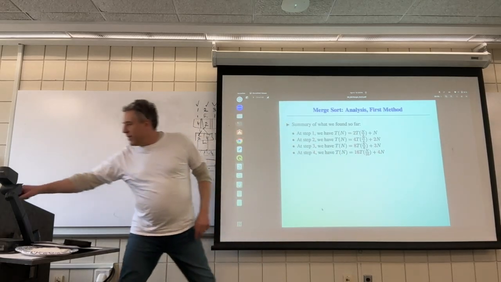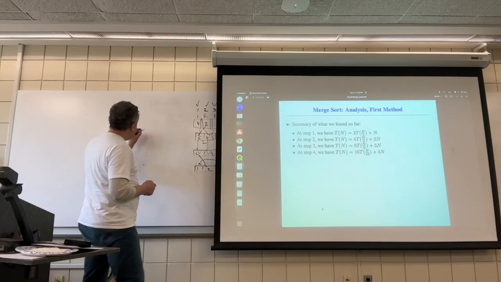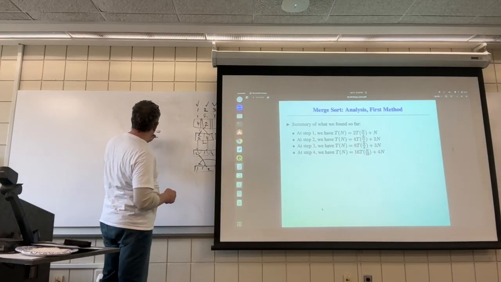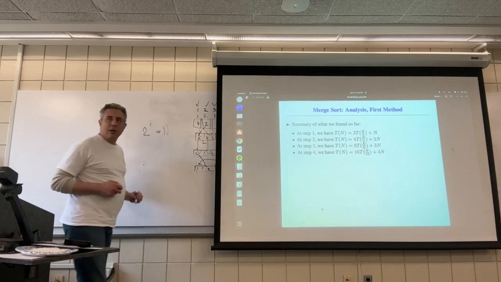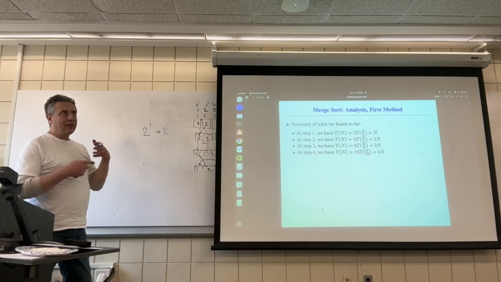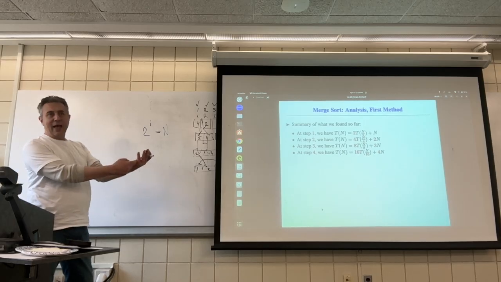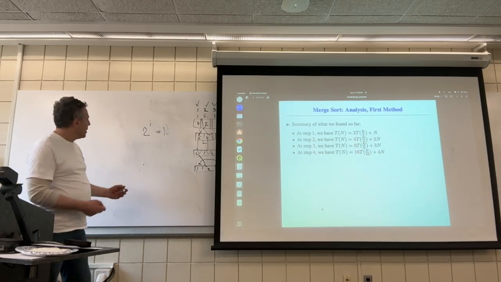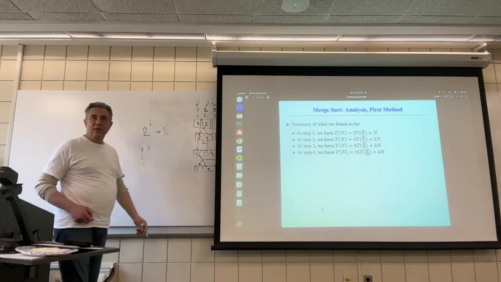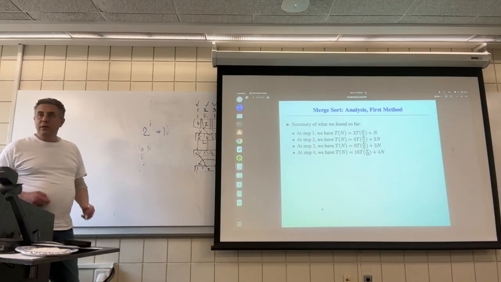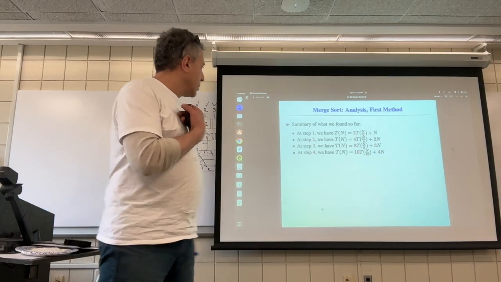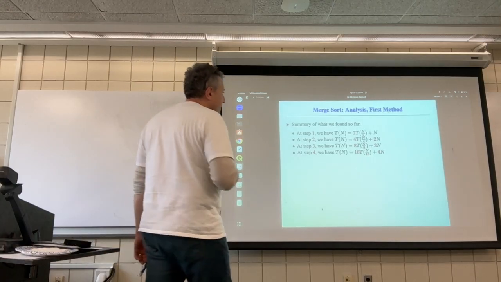So then I say, oh, I think I get it now. I'm basically asking 2 to the I is equal to n. Right? What is the largest value of I such that 2 to the I reaches n for me to hit that base case? And the answer to that question is log base 2 of n. Yeah. So the denominator of the recursive call is equal to